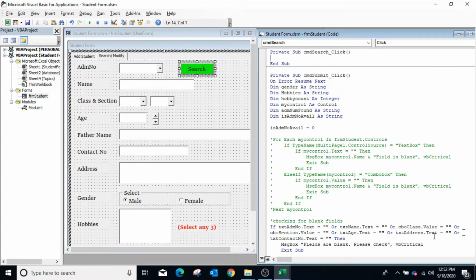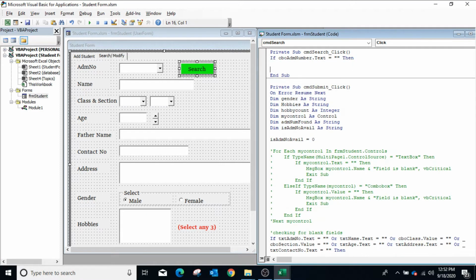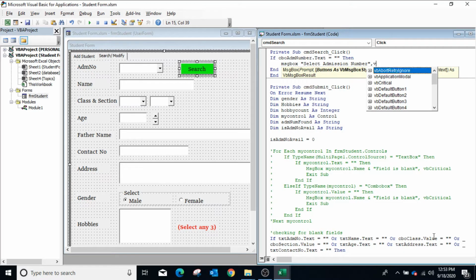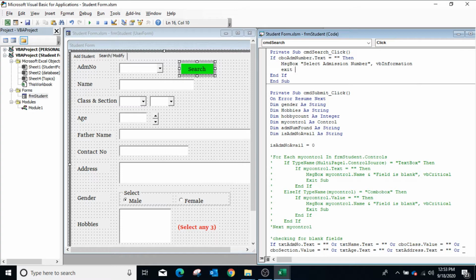So type: if CBO ADM number dot text equals to blank, then display message box, select admission number, vbInformation, then exit sub.